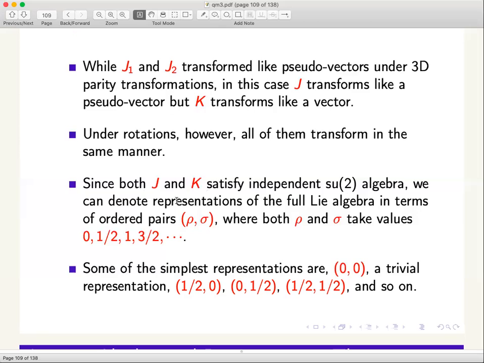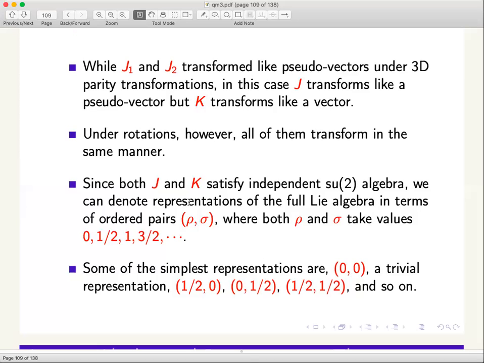Now we are looking at an algebra in which we have two such fellows, and they commute with each other. Therefore, they are independently labeled by the same set. So the representation theory of this algebra would be something like this. It would have a trivial representation which we will call (0,0), which is the spin 0 representation of every SU2 algebra, and therefore it neither transforms under J nor under K. It is called a trivial representation or identity representation, depending upon which book you open.